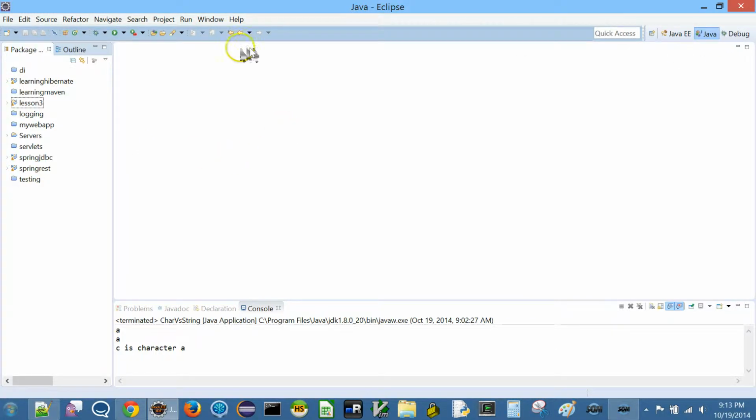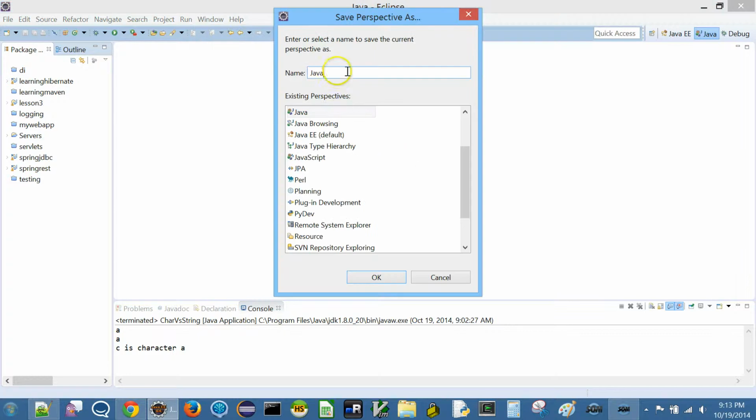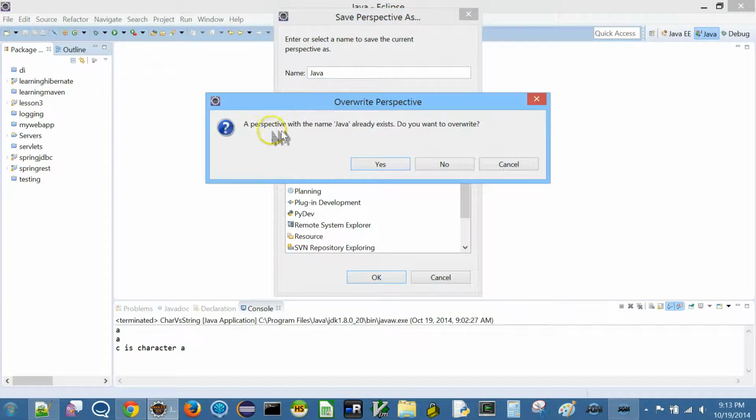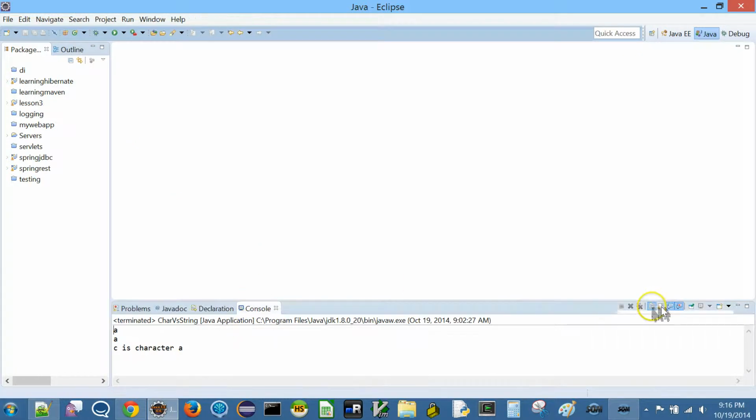So this is in Java, so I just go to Window and I say save perspective as Java. Okay, now a perspective with the name Java already exists. Do you want to overwrite? In my case, I just want to overwrite this. So I say yes. All right, so now we got our workbench set up properly. This is called an Eclipse workbench, by the way. I still have some output from previous lesson. Let me just clear this. So if you just click here, this one, it just clear console.